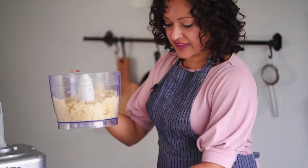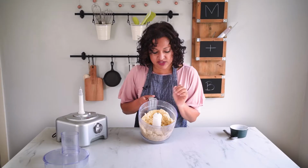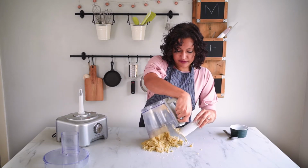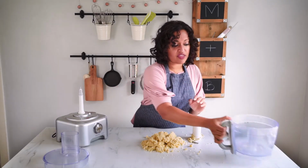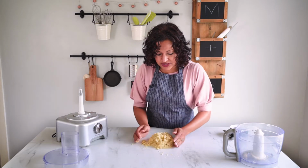The next step, on a clean work surface, you're going to tip all of this out and just squeeze it together. So you don't actually want it to be sticking together a lot by itself, because you don't want to overwork the dough. So now that we've got to the stage where all our ingredients are blended, you want to be really sure that you are not overworking your dough or you're going to get a really tough pastry. It's not going to be lovely and flaky. So you can see that it's all still falling apart a little, but it's all going to come together, don't worry. Bring it all together and I'm just going to squeeze it very, very gently into